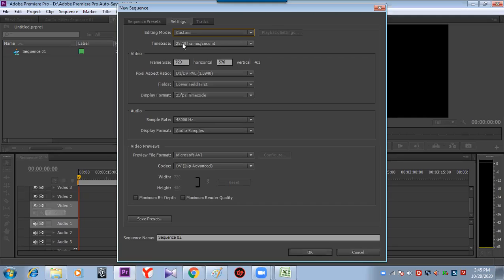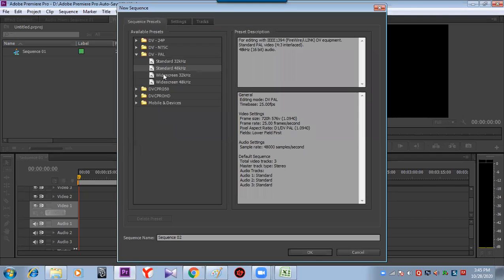Yes, sir, understood. So that leads to another question. Like you said, there are different platforms, like YouTube is one major platform, the internet is one. So all these frame sizes, like NTSC, are supported by all the platforms? Yes, these predefined sizes are supported by all platforms, but new sizes are not here. That has to be mentioned in custom. So the present sizes will support HD and all, and it will support YouTube. Okay, sir, thank you, sir.